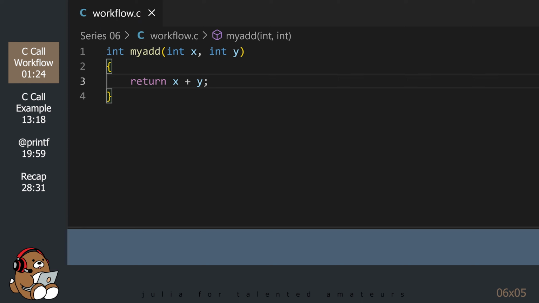Of course, you would never do this in real life, but let's pretend that this code represents some amazing function that you can only write in C. Or perhaps it's C code from an existing library, and you don't want to rewrite it in Julia. Wouldn't it be nice if you can somehow access this code from inside of your Julia project? In order to do that, we first need to create a shared library file which contains this code.